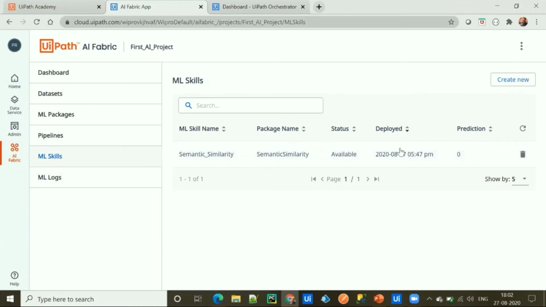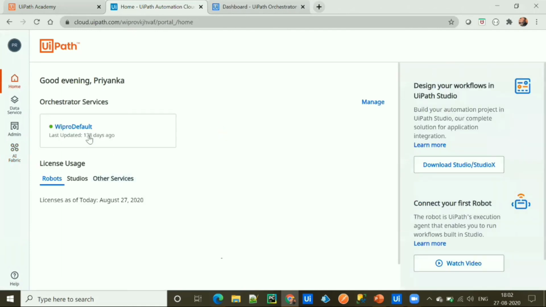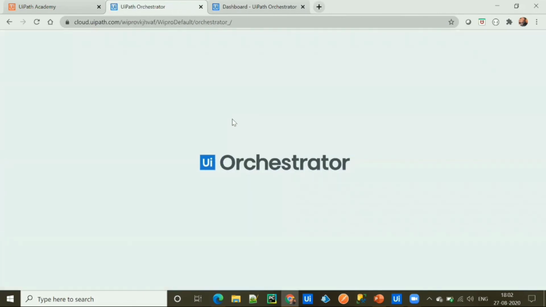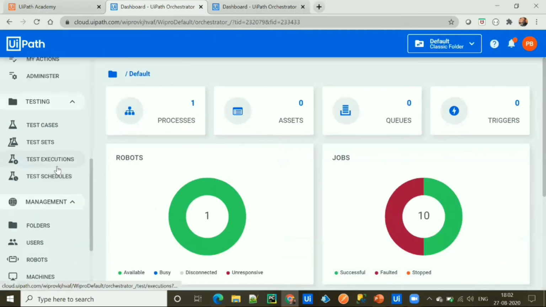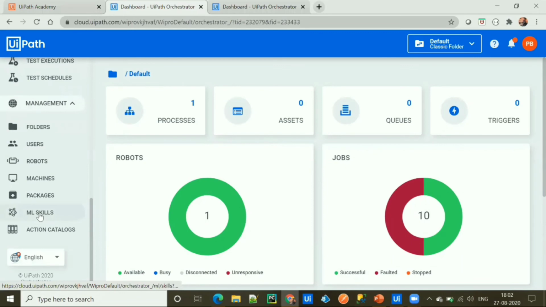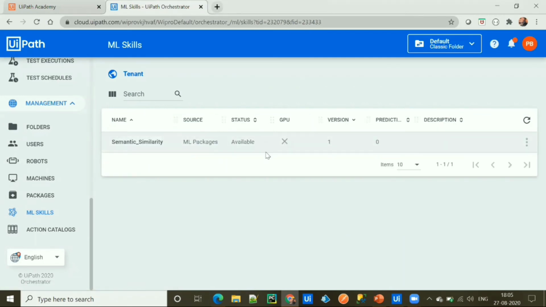So let's go to the tenant and check. In the orchestrator, you will find the ML skill, and under it you'll be able to see the skill that we have just deployed and the status is available.